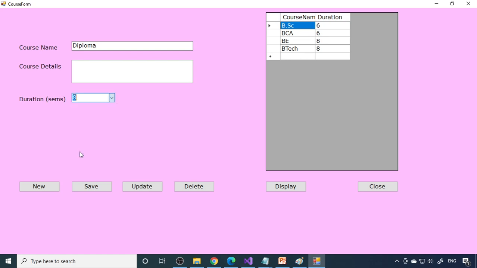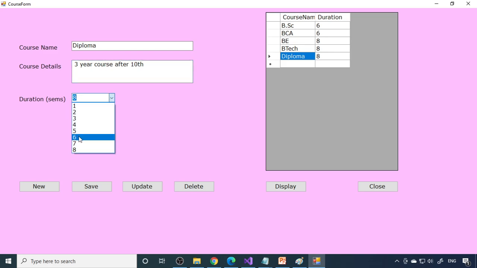So assume I enter 8. Okay, I entered some dummy data. So here is diploma. Now for diploma, we want to make changes here. Let's say 3 years course after 10th. And here it's 6 semesters.